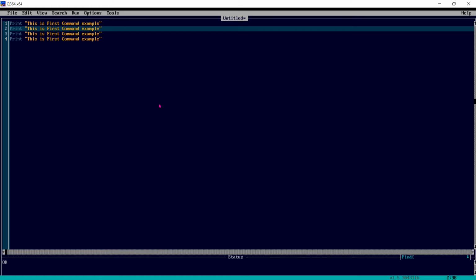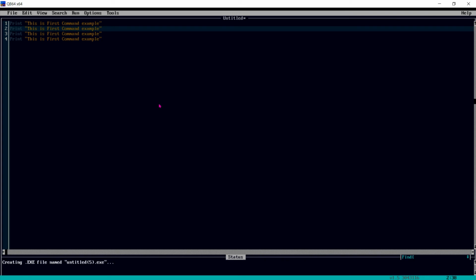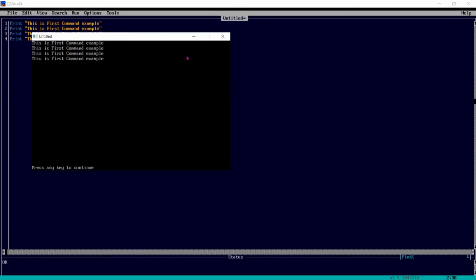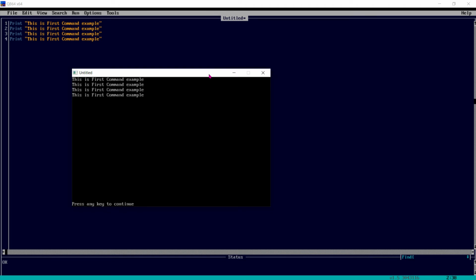It will print four times. So now you can see the use of CLS, and print is for printing.